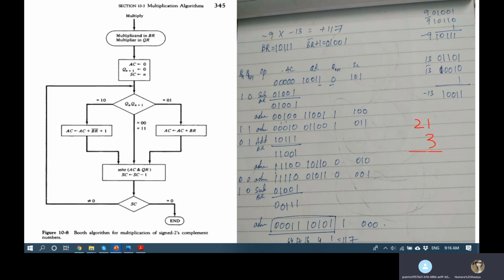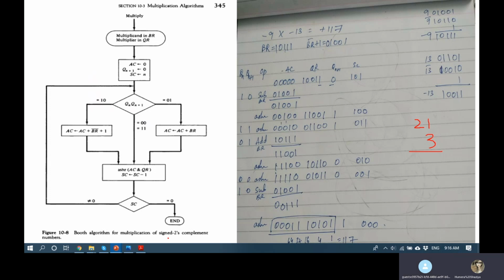And then you perform the multiplication. In today's class, we will study an algorithm called Booth multiplication algorithm for performing multiplication of